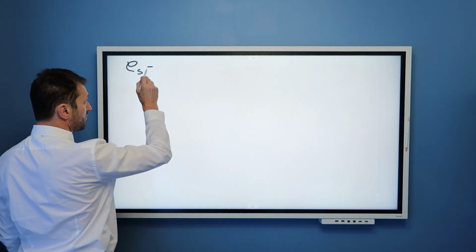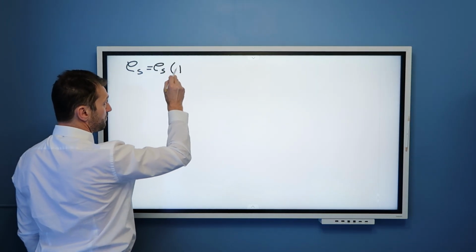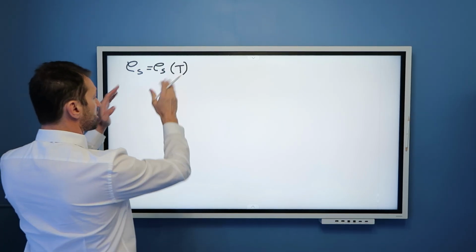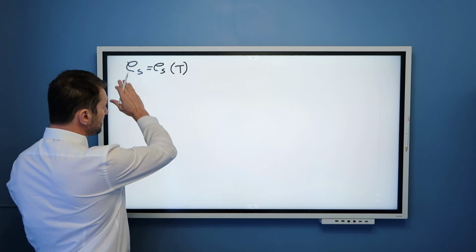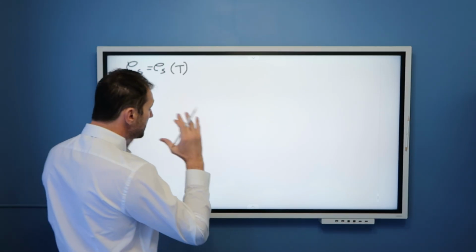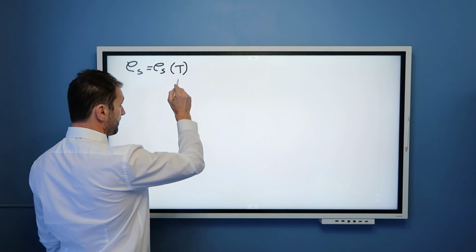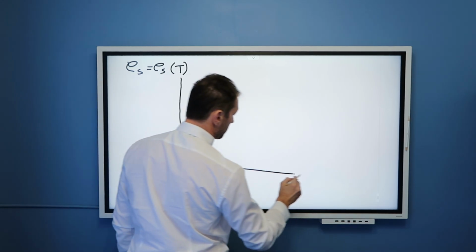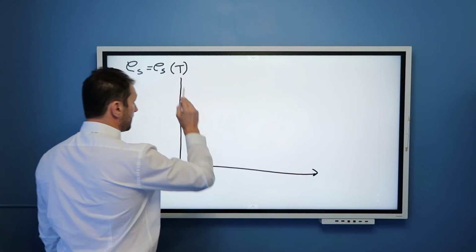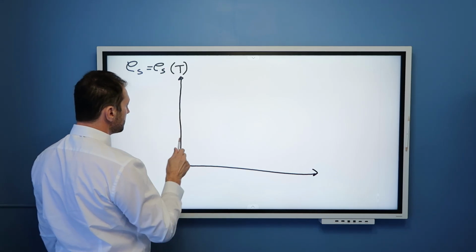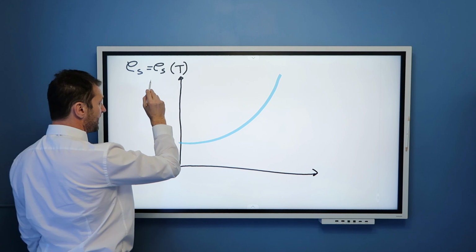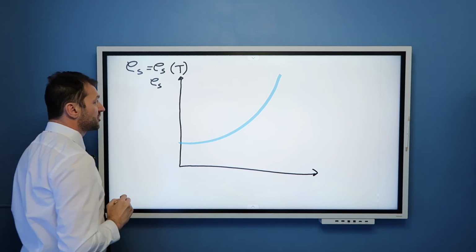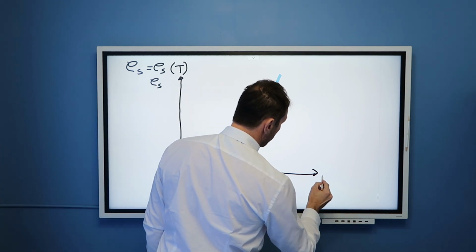Let us discuss how saturation water vapor pressure depends on temperature, which we already established conceptually in one of my previous videos. This functional dependency is extremely important in atmospheric sciences, and we spend a lot of time studying it. The dependency is an exponential function like so, where on the y-axis we have saturation water vapor pressure, and here we